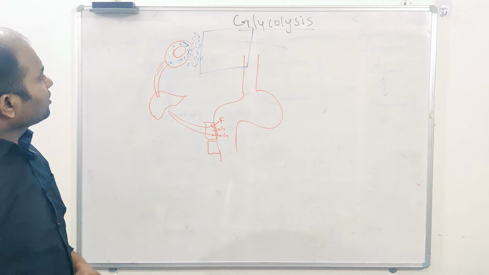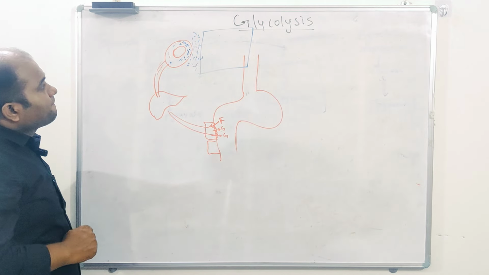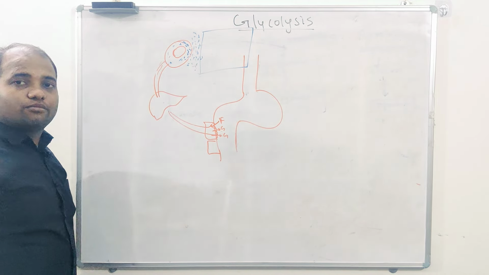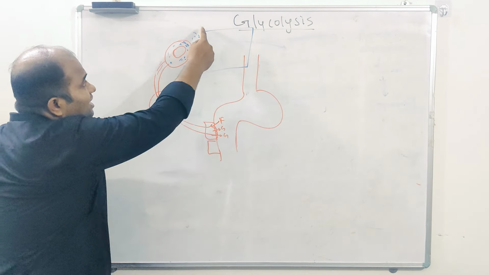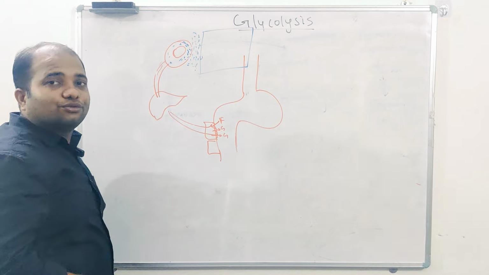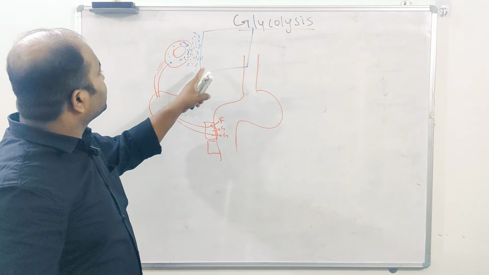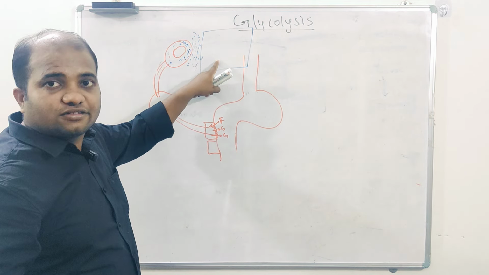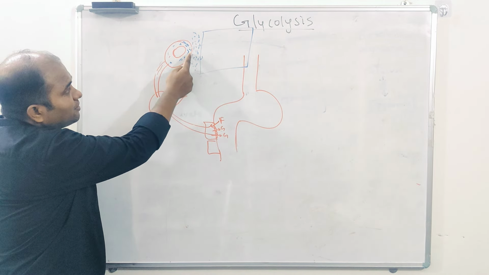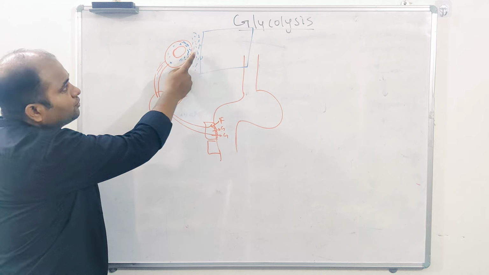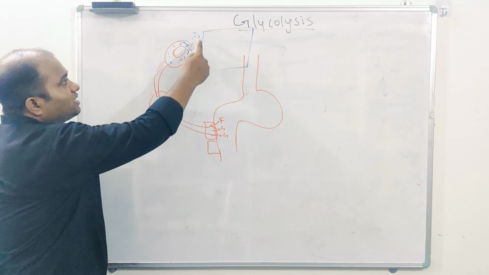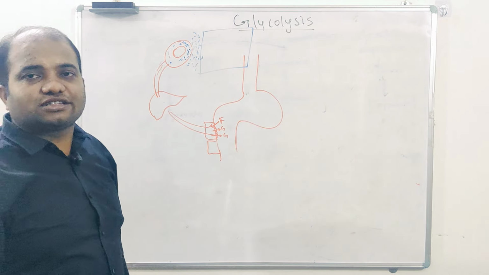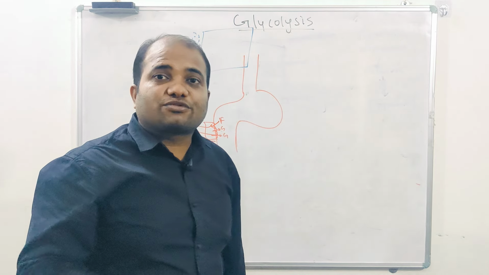Okay, now we have to see how this glucose will move from here into the cell, because this cell membrane is not permeable to glucose. So glucose cannot easily diffuse inside the cells, right? The capillary membrane is easily permeable, so glucose can easily diffuse from the capillary lumen to the interstitial space, but the cell membrane is not easily permeable. That means glucose cannot move directly into the cells, so it requires some transporter.